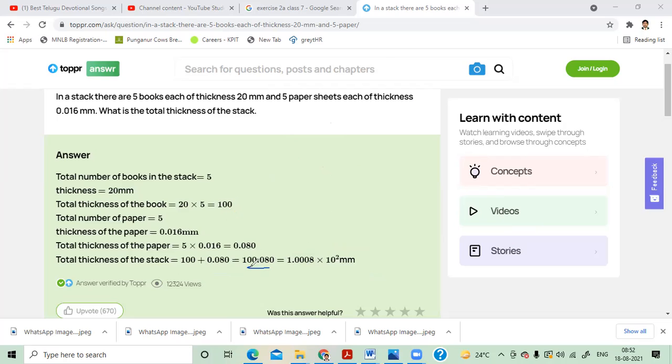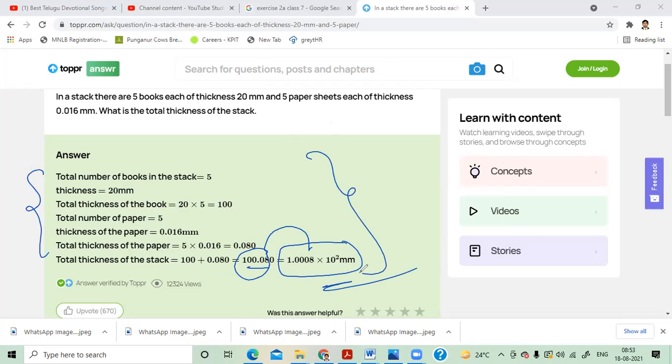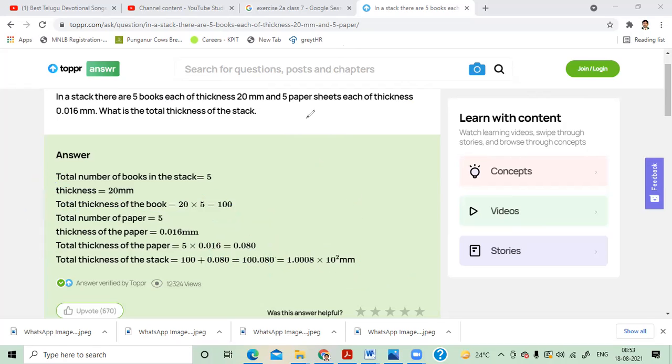After adding this, they wanted us to convert this usual form into a standard form. They are converted like this. This is the final answer. Copy the answer with the same steps. Simply get the total number of books in the stack, thickness of each, and total thickness. Stage 1 is done. Stage 2 is the total number of sheets used to make the packing papers. This is 3. Then you can copy these two answers, because we want the total thickness of the complete setup. Clear?